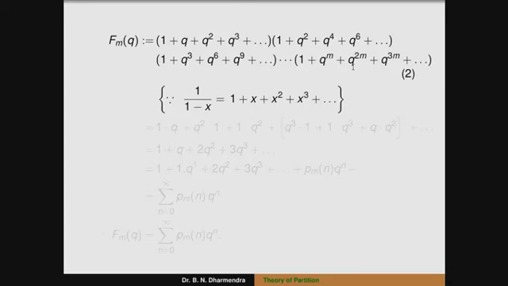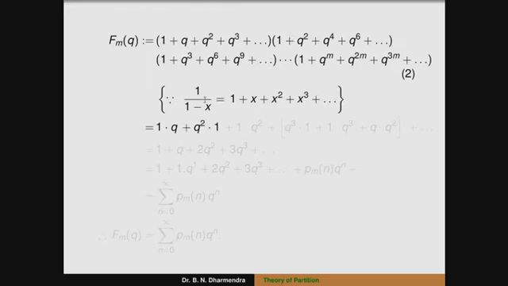So now we have to multiply the terms here. 1 into 1 into 1 into 1, that is 1 into 1. Again, the term is 1 into q, and it is only one term, so it can be written as 1 into q. Similarly, in terms of q square, q square into 1 is the first term, again the term is 1 into q square, so that is the two terms.